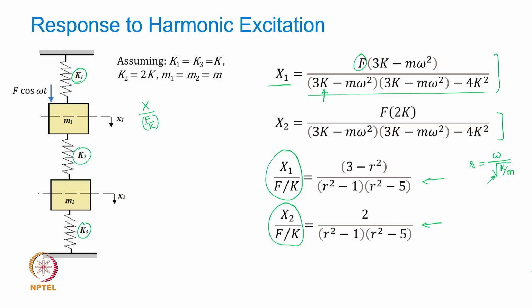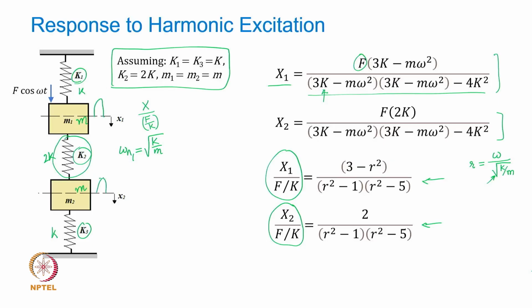I can take any frequency as such, but what I have done is, you remember that for this particular assumption, what was our first natural frequency of this system? When this was k, this was 2k, and this was k, this was m, and this was also m. The first natural frequency omega n1 or p1 was square root of k over m, because in that particular fundamental mode this spring was ineffective and both the masses were moving